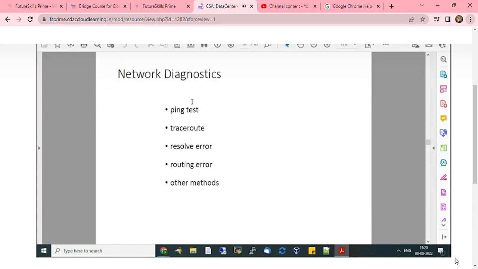Okay, and these are some commands which are used to troubleshoot. The ping command is a fundamental and basic command which is used to test whether the other end is available or not, whether it is reachable. If you are not able to reach, you can use the traceroute command, which tells you where the packet is getting dropped in reaching the destination. In the case of a resolve error, you are not able to reach your DNS server. You are unable to convert your name into an IP address. Routing error, it is not able to find the destination. And there may be other methods also you can use, like Wireshark or tcpdump. There are other commands which can be used